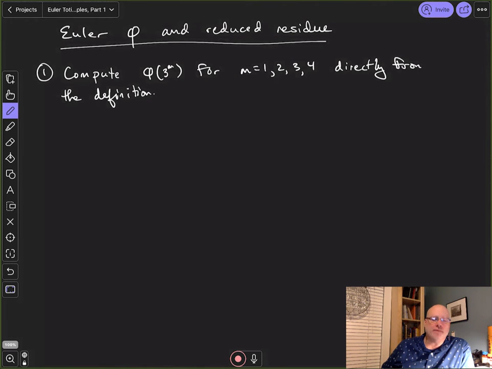Hey there, everybody. We're going to look at, in the next few videos, some work specifically around the Euler phi or totient function and reduced residues. The first example we're going to look at is just to compute phi of 3 to the m for m equals 1, 2, 3, 4. And we're going to do this directly from the definition, just so we can get a sense of some patterns of what's going on